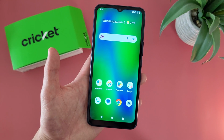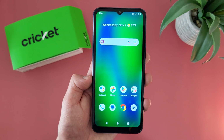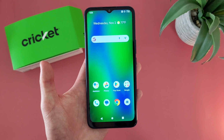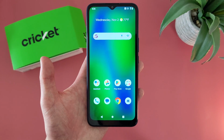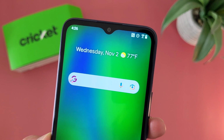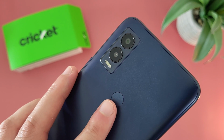Now on one hand, to be fair, as you can see in the full camera review I made of this phone, the image quality itself really isn't that bad, especially considering this is such a low-end phone. But on the other hand, when it comes to features, by 2022 standards, it has pretty much nothing. Up front here, we got a typical water drop notch selfie camera. This camera is 5 megapixels. Then on the back, we have only a dual camera setup with a 13 megapixel main camera and a 2